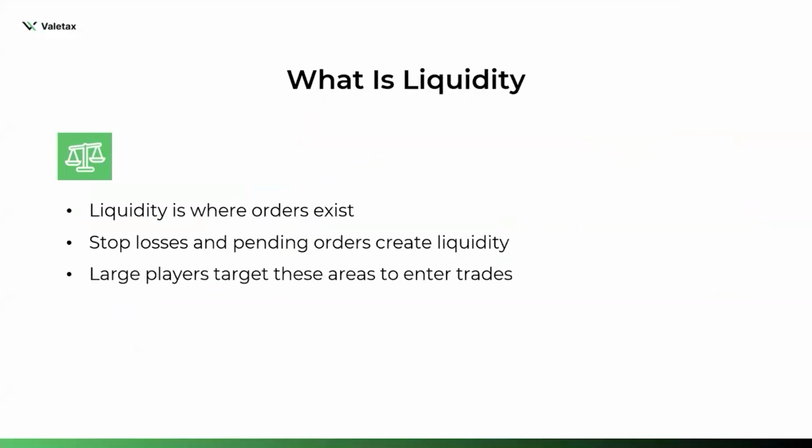Moving forward, now we want to discuss what exactly is liquidity. So liquidity is where orders exist, okay? So think of liquidity as this. For every time someone takes a trade, they put a stop loss. What is a stop loss? A stop loss is a trader saying, if I lose this amount of money, I am willing, if prices get to this point,